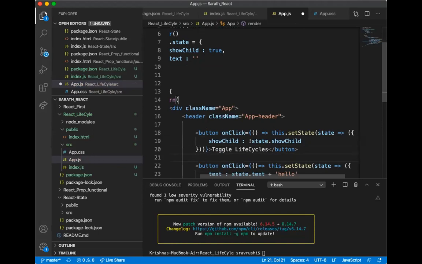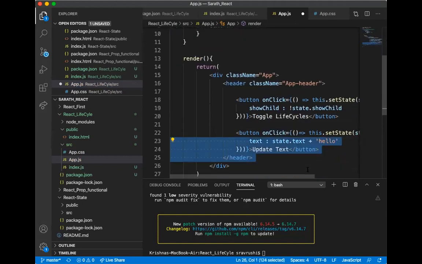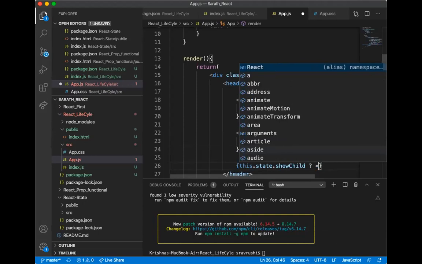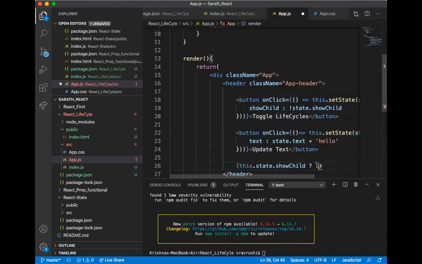Okay, so now apart from these two buttons, we are going to use a logic here. In this logic, I am going to use state.showChild, and I am giving here life cycle. Here I am creating a component, and that component I will show you in a second.